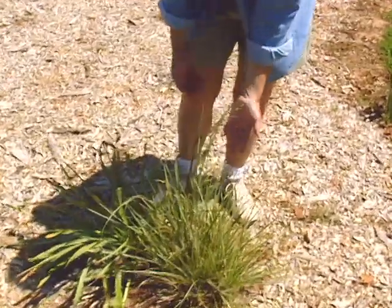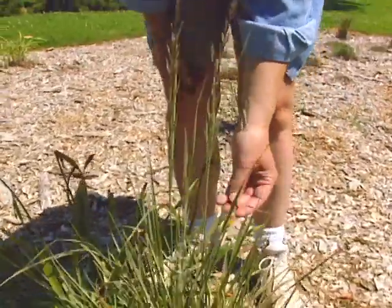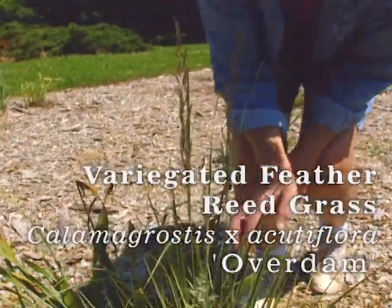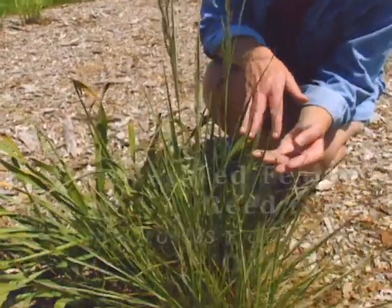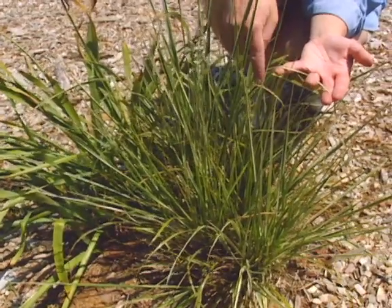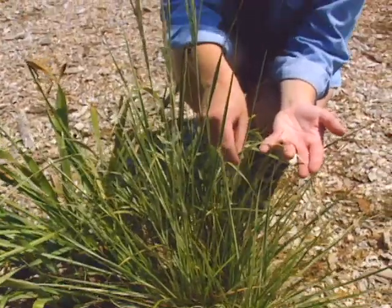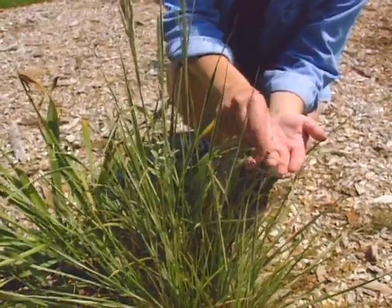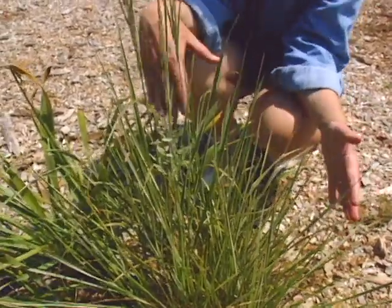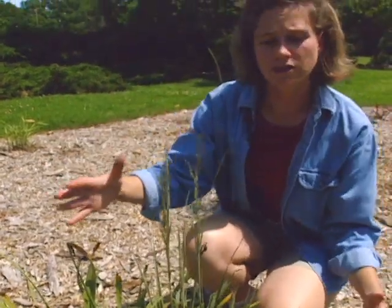This first one is variegated feather reed grass, and when we think about ornamental grasses, this is a very nice showy one because of the variegation. It basically has the green with cream variegation on it. And when the leaves first come out, there's a faint tinge of pink on this too. Now this again is a small specimen. This will actually end up being about 3 feet tall or so when it fills in,